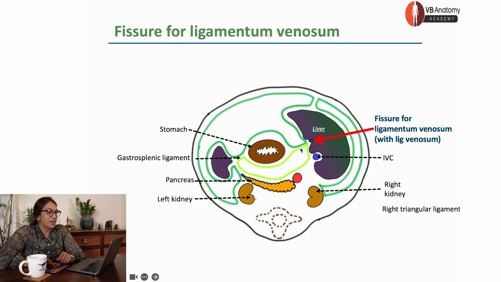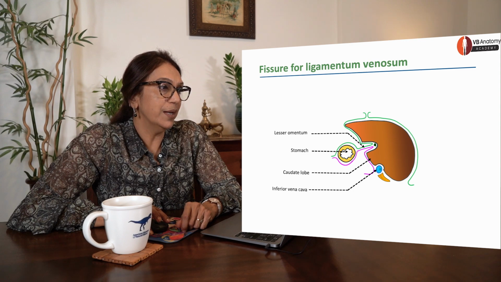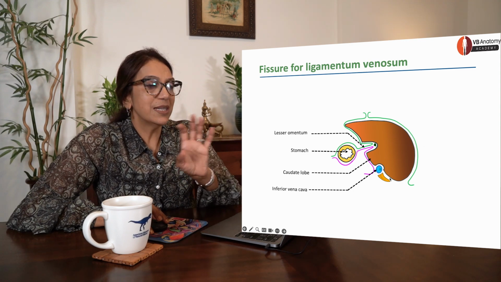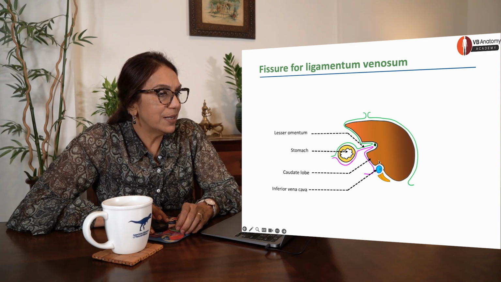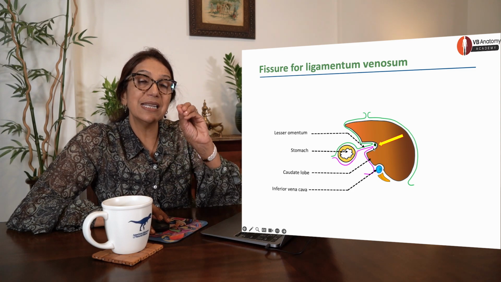See, I've used two different colors to maybe help you understand. That's the double fold from greater sac. That's the double fold from lesser sac. Both are entering into the ligamentum venosum fissure. Okay. So, if you were to see another image, here's your ligamentum venosum itself, and these are the two folds entering into that same groove.